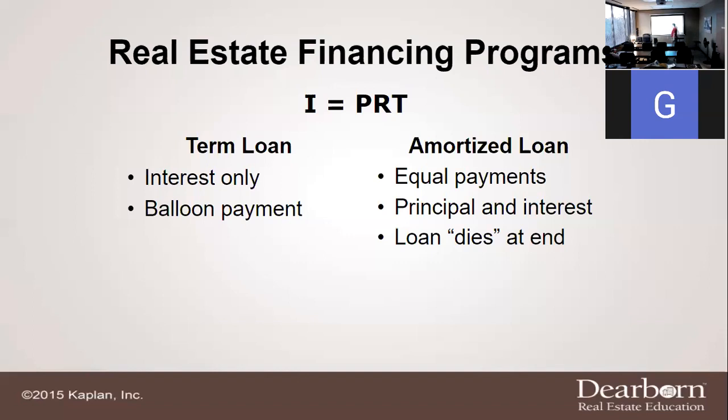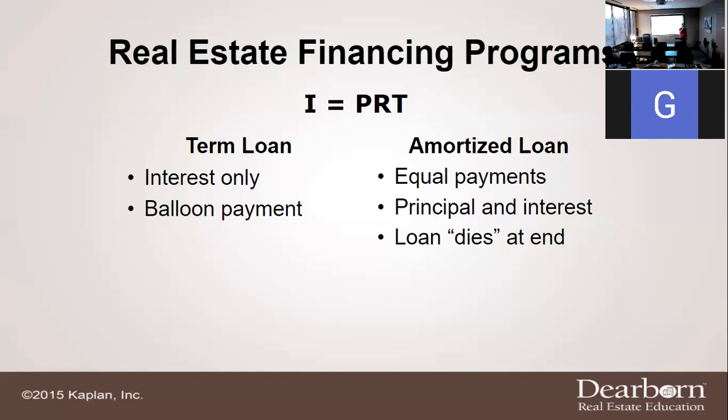Because with an interest-only loan, you're only paying interest for a majority of the loan. And then towards the end of the loan, you're going to pay probably 80 or 90% of the principal as your last payments. So Mr. Travis is going to make a ton of money on interest, and then at the end get his principal back. Now a balloon payment is the same concept. What happens is it blows up, if that makes sense. So in a term loan, you're going to have a balloon payment.